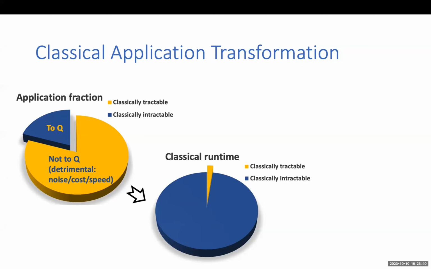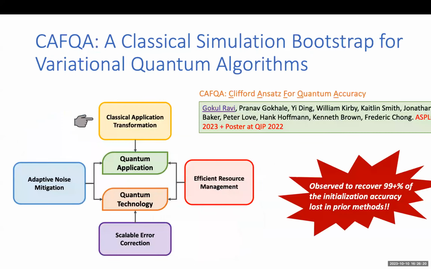And this gap between this blue and this yellow is not necessarily well defined. If you talk to a theorist, they would say that this is the exponential portion of the application, this is the polynomial time portion of the application. But this is not how real computing works. It's more like, I have this particular classical computing resource, I have a 1 megawatt budget or 1 day on this. How much can I do in this budget before I have to go to the quantum device? What I'm saying is that this separation is really dependent on what you, and the entire community, are able to achieve for these applications. And it's very important to think about this, especially for the scientific computing community.